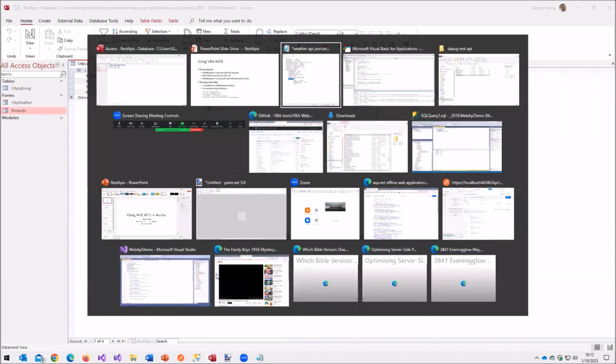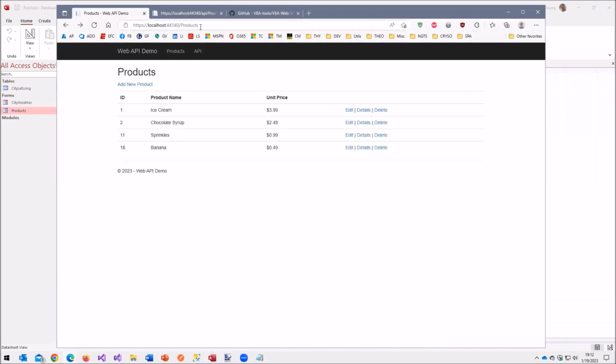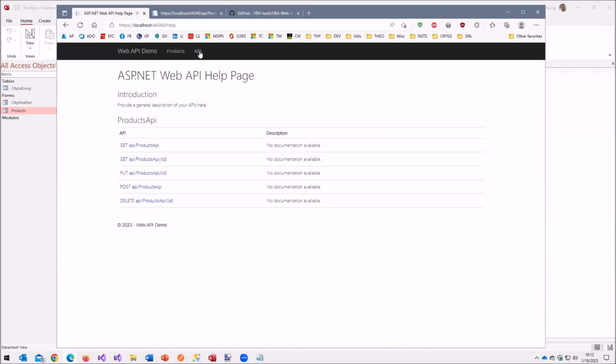So APIs, public APIs, are always documented on a web page. So here on my little website that I built, here's my HTML, and I have API, and I'll click on that. And notice that here I have a list of all of the APIs that are available to me. And notice I have 2 gets, get all products, get product by ID. I have a put, I have a post, and I have a delete.